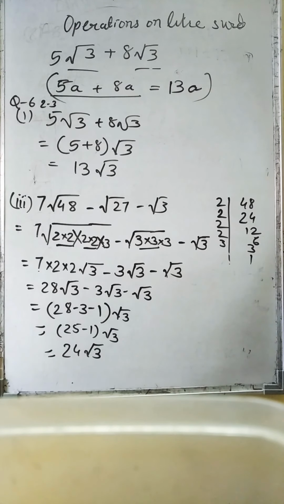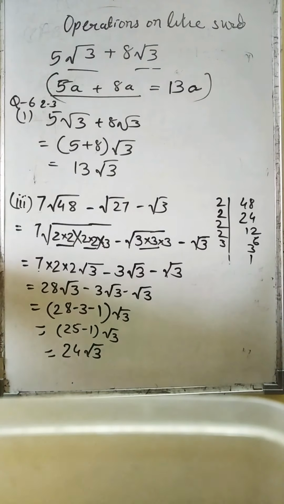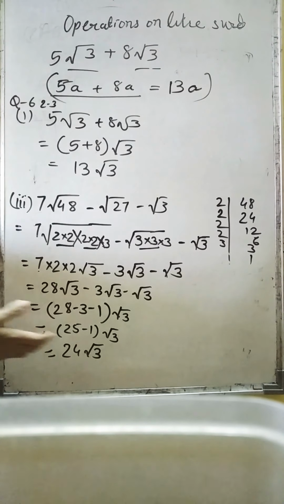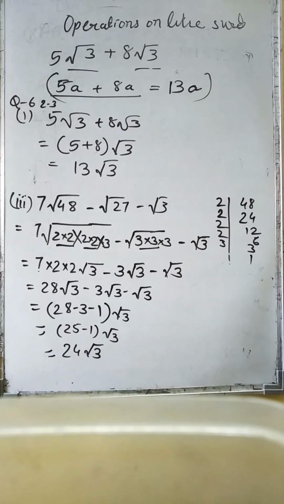So children, we should know about this simplification. We completed 3 questions in practice set 2.3. As we now understood the importance that we need to do the reduction in the further sums, let us solve some sums where you have to simplify the surds. So question number 4 of practice set 2.4 is about simplifying the surds. Okay, so we will see that.